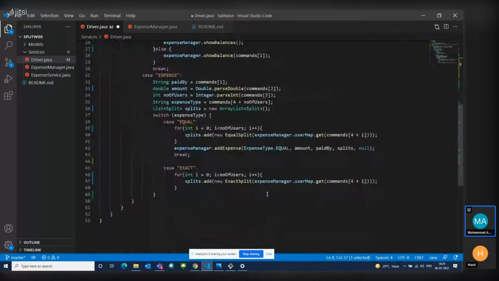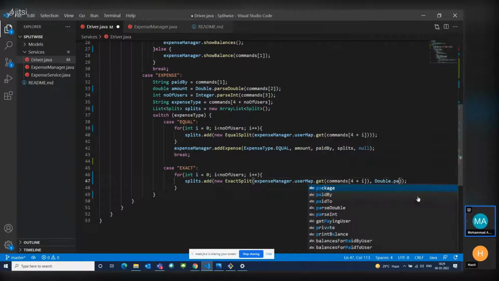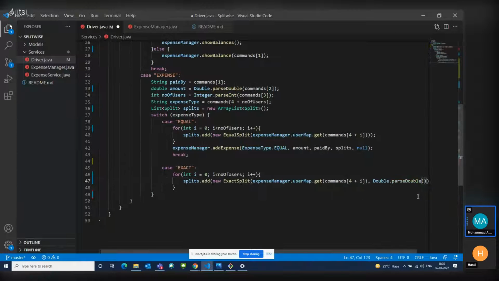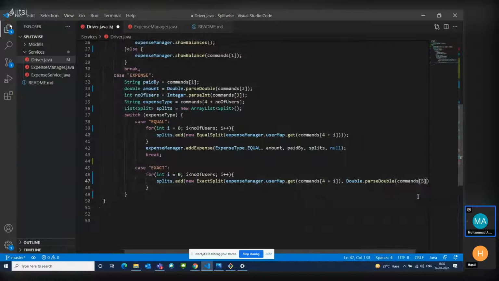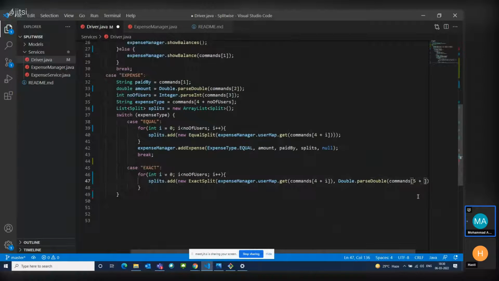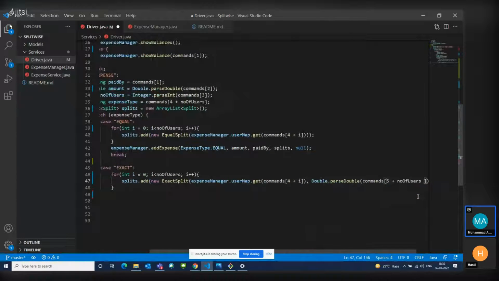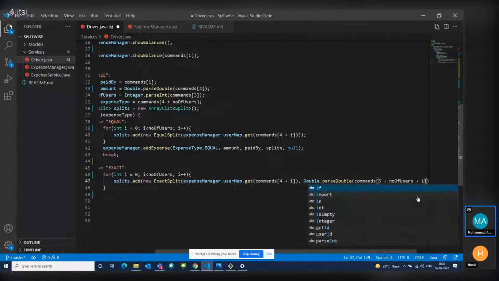So the user thing that we got, along with the user, we also need to add the amount. So we'll add it like double dot parse double commands 5 plus number of users plus i. Okay,